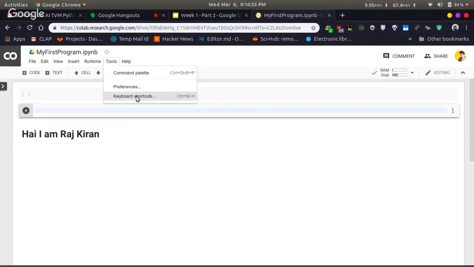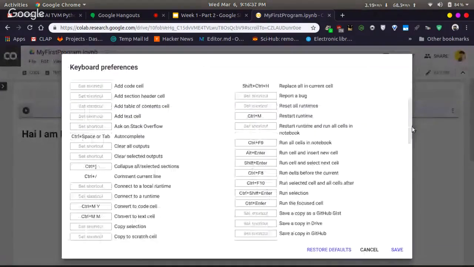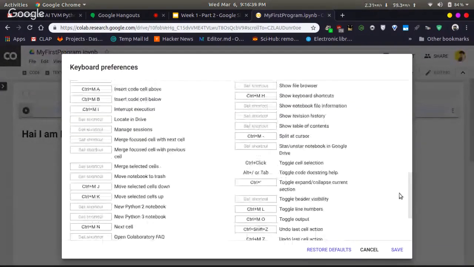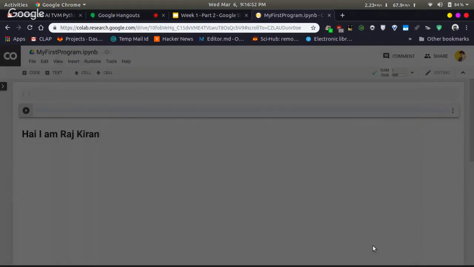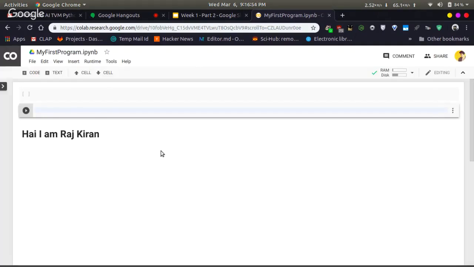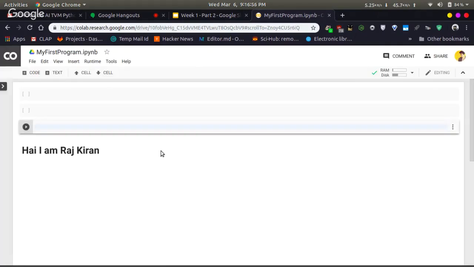I'm not seeing it here, but it should be there. Control M and B. Yep, got it. Insert a code cell below: Control M and B. Just press Control M and B to insert a code cell.